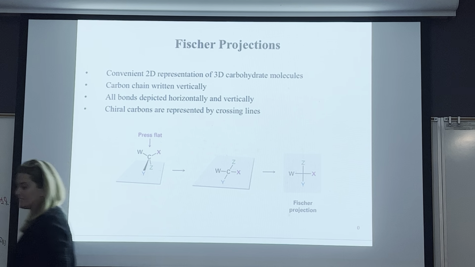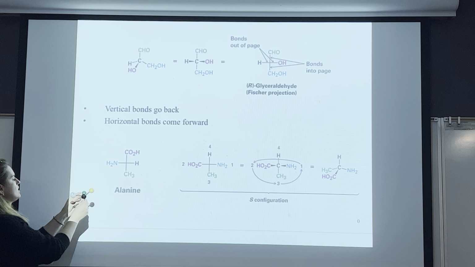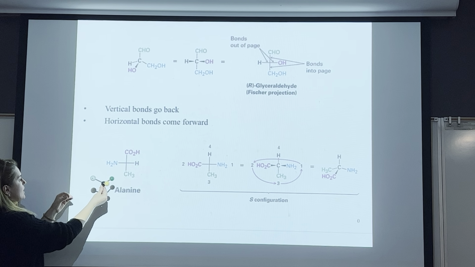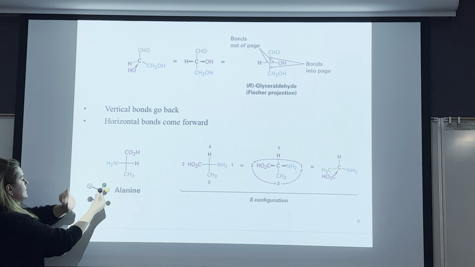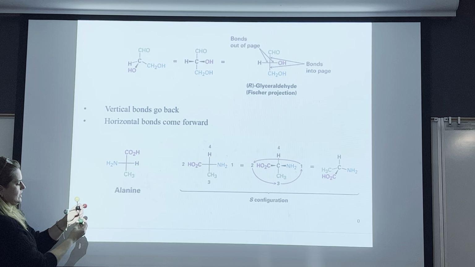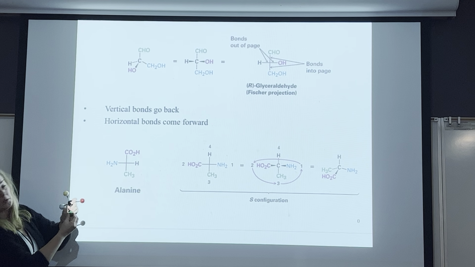And then we took a look at this right here, and we had glyceraldehyde, the Fischer projection for that, and alanine right here. And what this one is saying is, let me see if I can line these guys up. Okay, so we've got our blue and our hydrogen, and I hate these ones. So our red is back, and our green is down, just so I can get the colors coordinated for you guys.